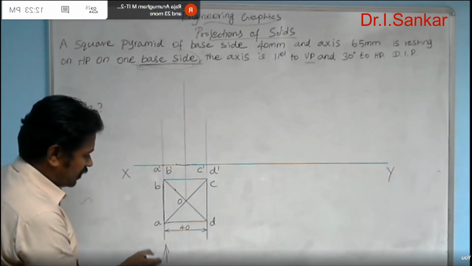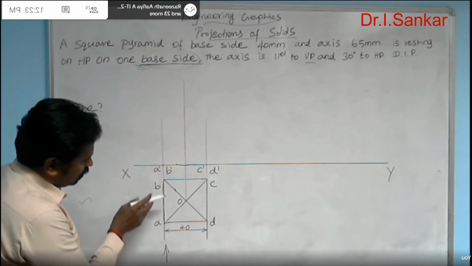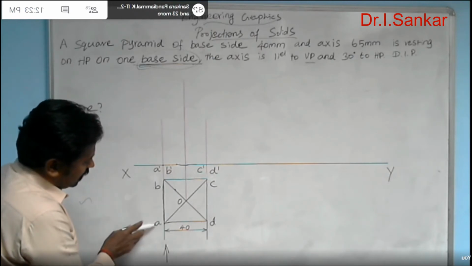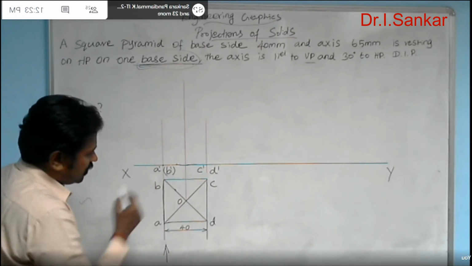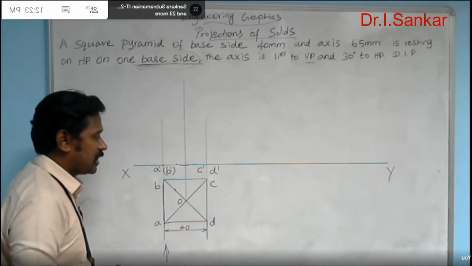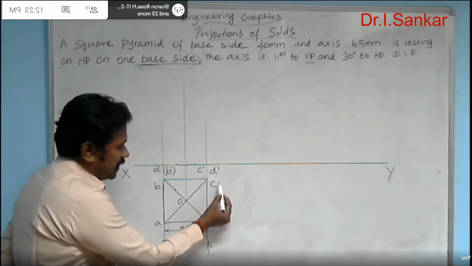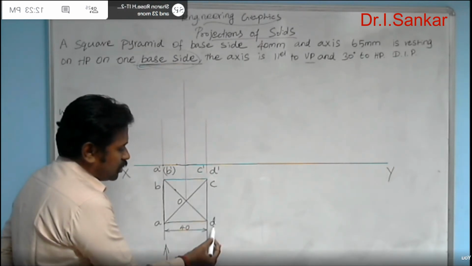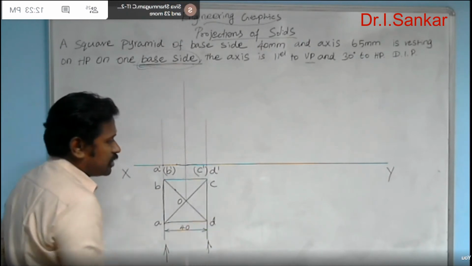Just look at the solid from the front. Which corner is visible to you, which is invisible to you? Here the A corner is visible to your eyes. So the B corner is the invisible one, and needs to go inside the bracket. Similarly, for D and C, D is visible to you and C is invisible to you. So C needs to go inside the bracket.